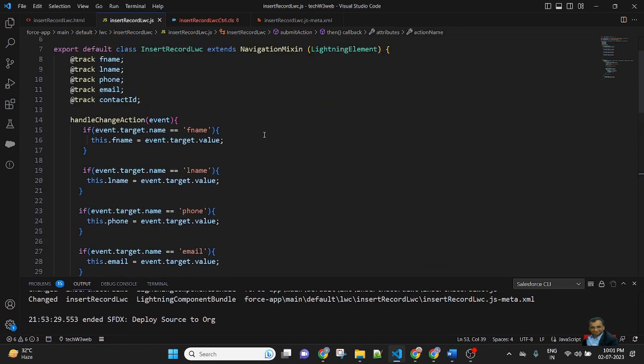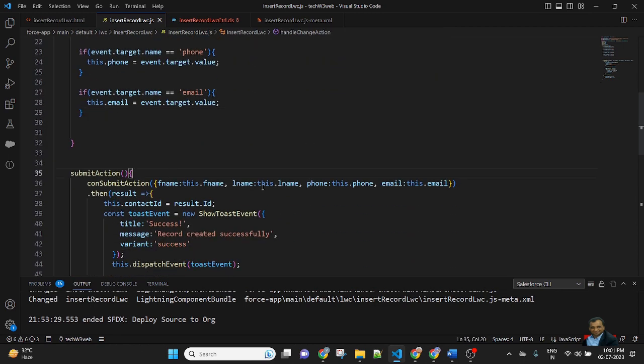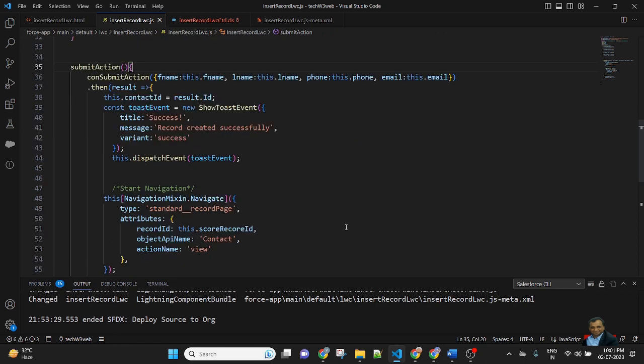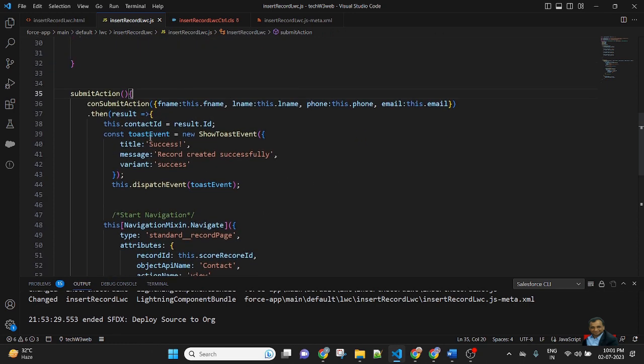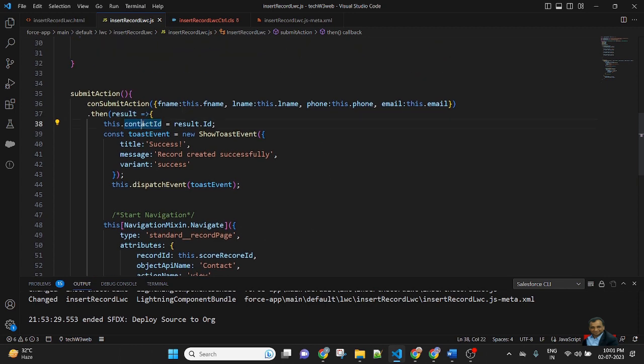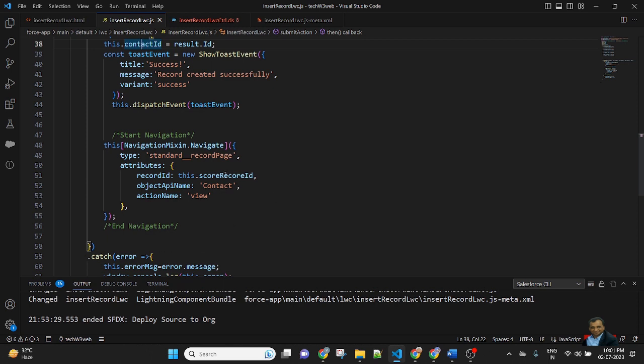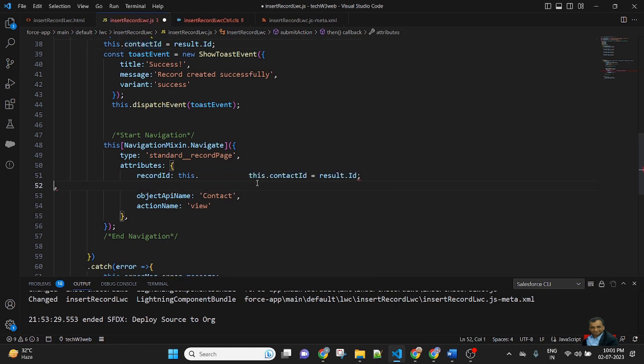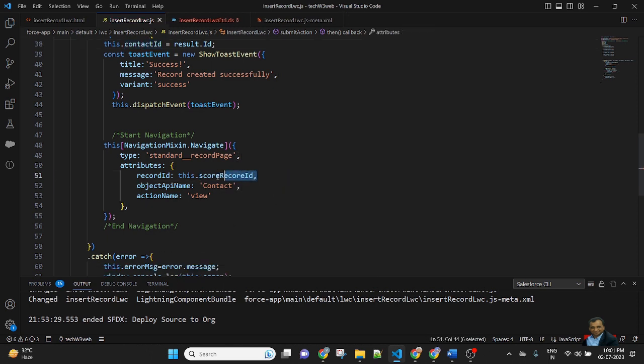I am storing the record ID of contact here. So I need to pass this contact ID in the navigation here. This dot contact ID.